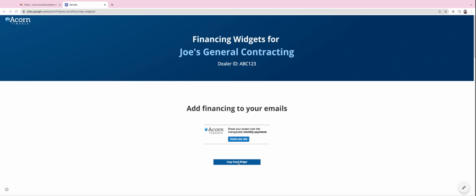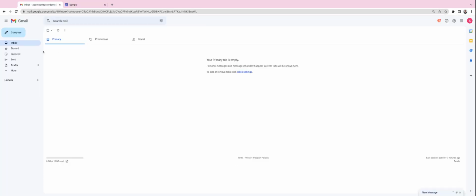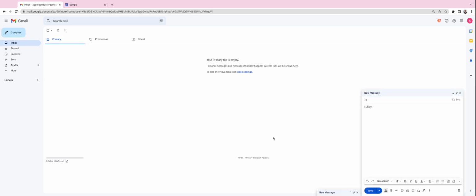Click on this button which says copy email widget, and you'll see that it acknowledges that you clicked it. Then you go into your Gmail account. So log in or move over to it. Click on Compose in the upper left-hand corner here, and you can draft an email